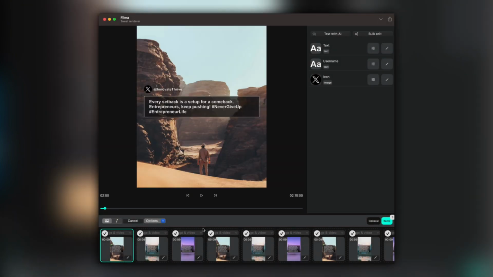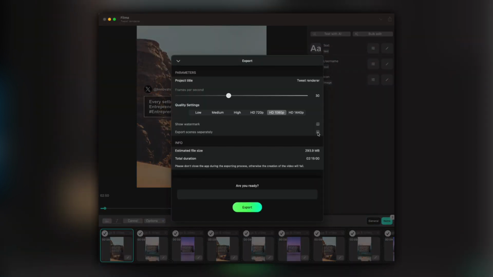Now, for exporting, select Export Scenes separately, hit Export, and soon you'll have a bunch of individual videos with music